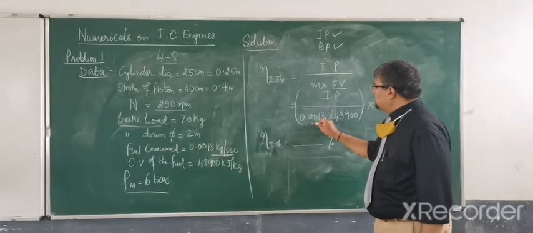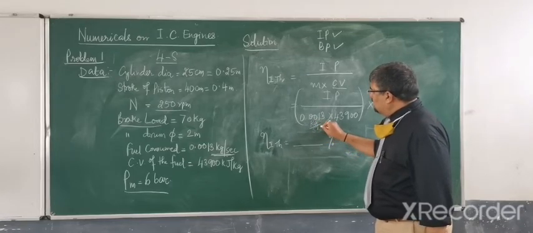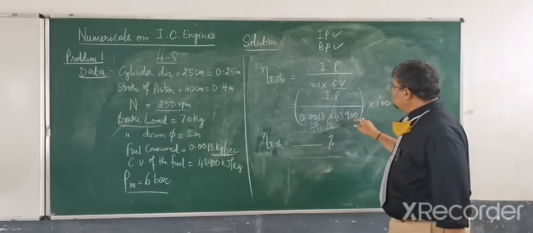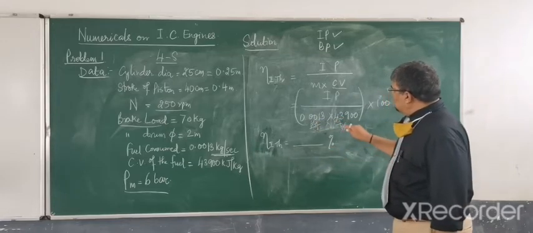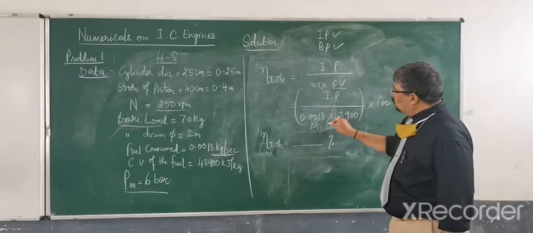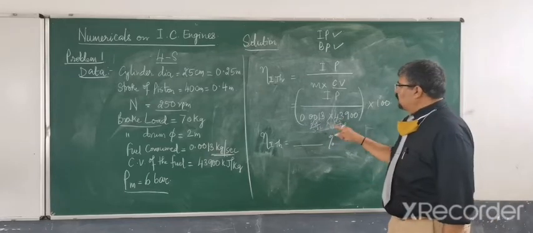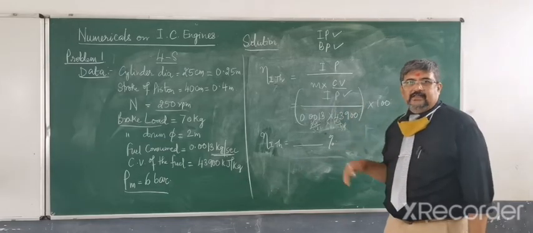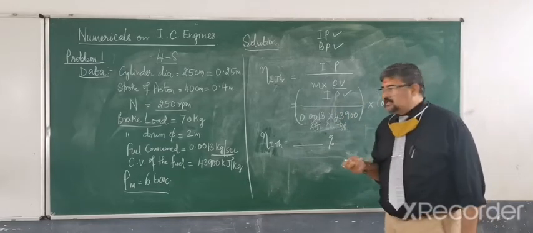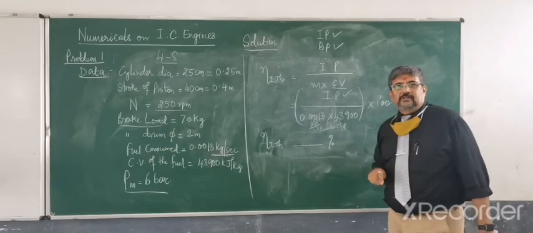For example, if I just check the units, kg per second multiplied by this will be kilojoules per kg. So these get cancelled. So it is kilojoules per second, and 1 joule per second is 1 watt. So it becomes kilowatt directly. This also is in kilowatt. So the units get cancelled. Efficiencies don't have any units. That is why you write it in terms of percentage.